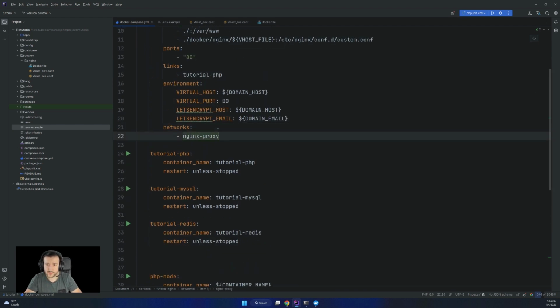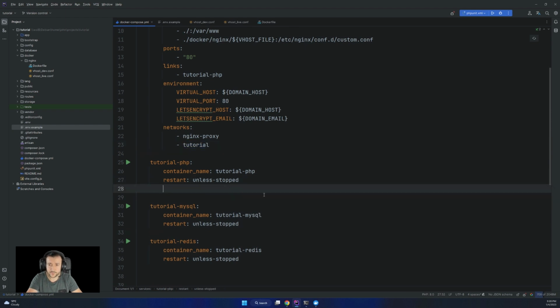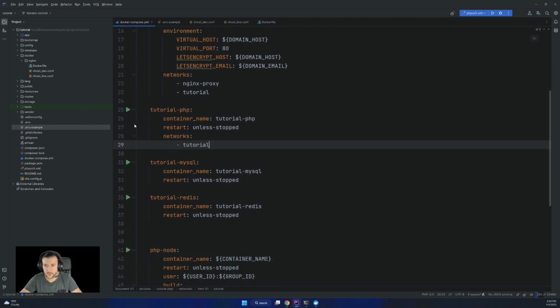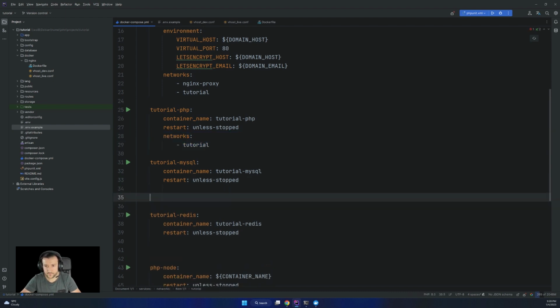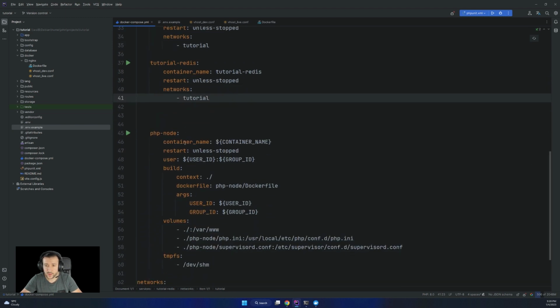Well, I declare another network, and let's say tutorial. That's the network I want to use, and I put this network tutorial for all the containers. So networks, and then tutorial, and let me copy that. Okay, networks tutorial and networks tutorial.